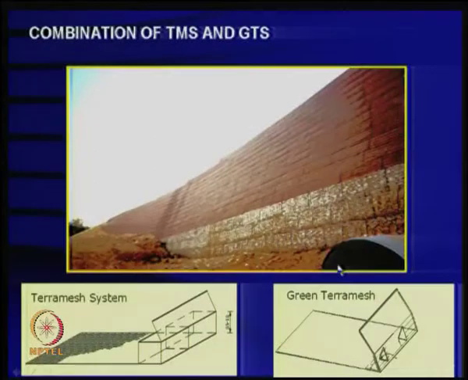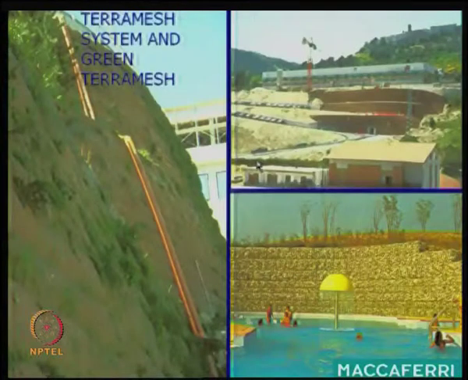So, in fact, what I saw in a particular RE wall, RE slope in the other place called Vijayawada, was that they could not estimate the deformations of the slopes properly. That was a big issue. Now it is somewhat stable, but it has really been a big problem in reinforced soil slopes, because the height is 42 meters, which is not a small height, and it is also on a curvature. There are many design issues.